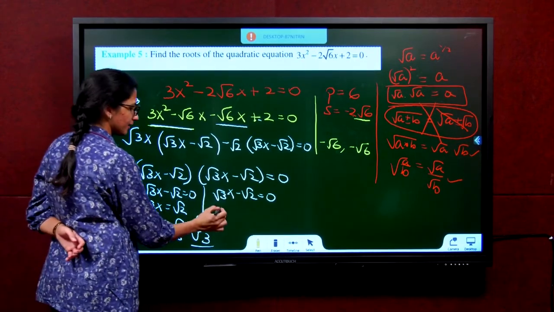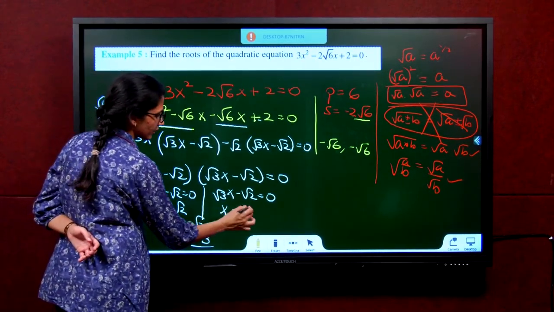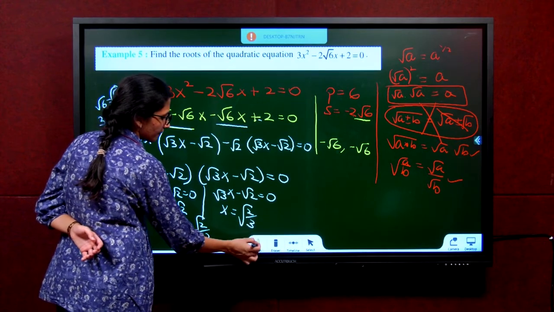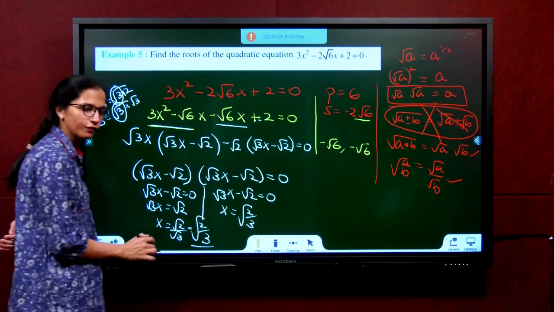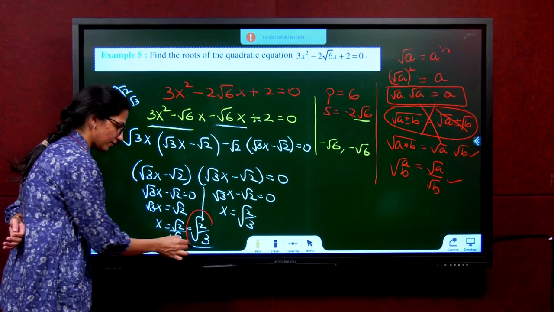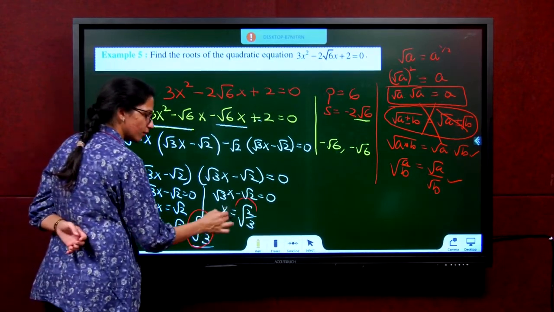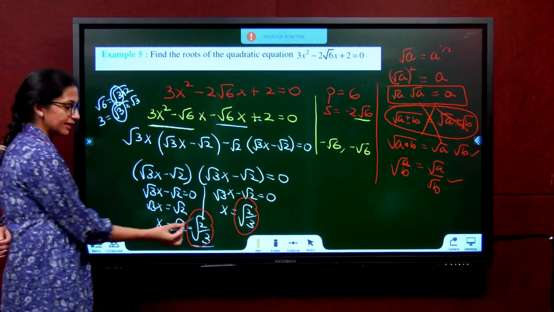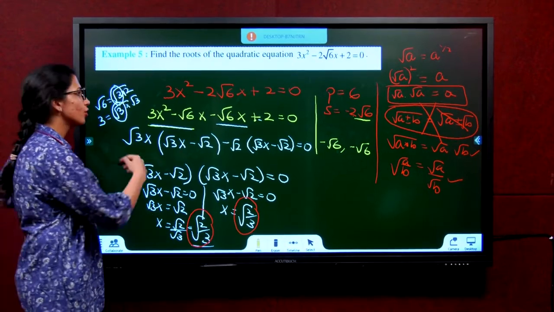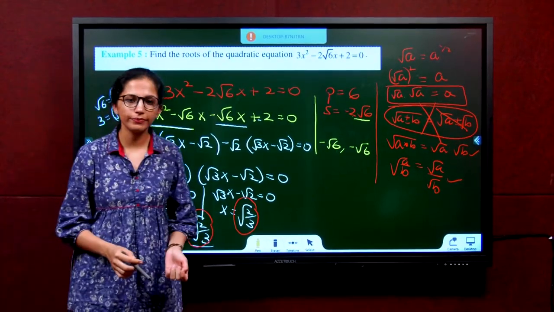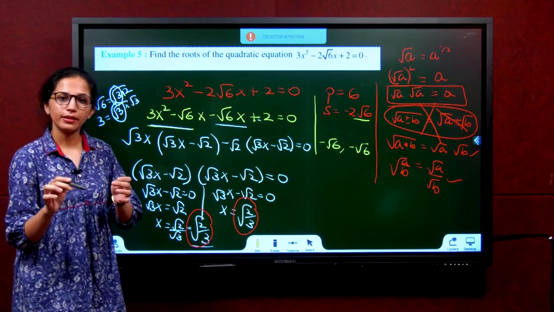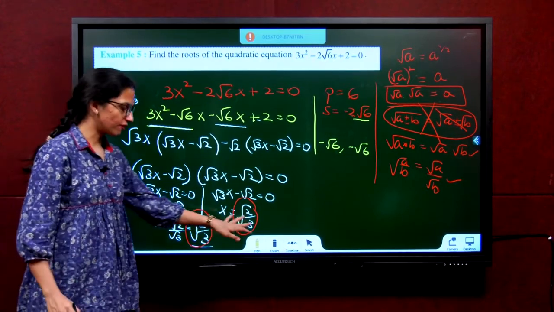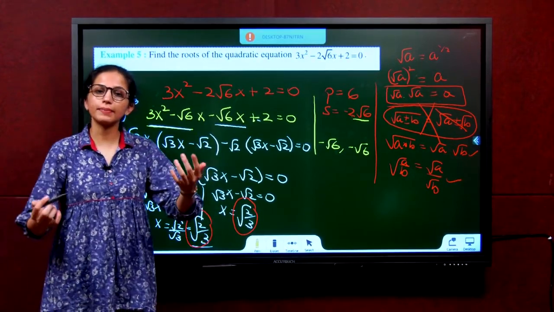Similarly, these are the same things over here. Here also you will get x equals root of 2 by 3. Please understand this very carefully. You are getting one value of x here. You are getting one value of x here. See, observe. It is the same value of x. So what do we understand with this problem? It is possible that the roots, the final solutions of the equation can be same.